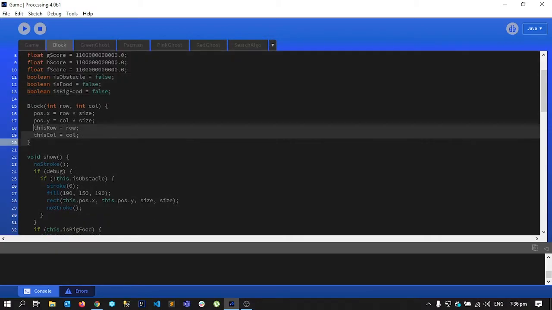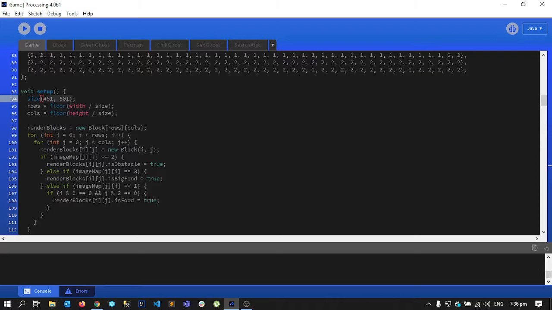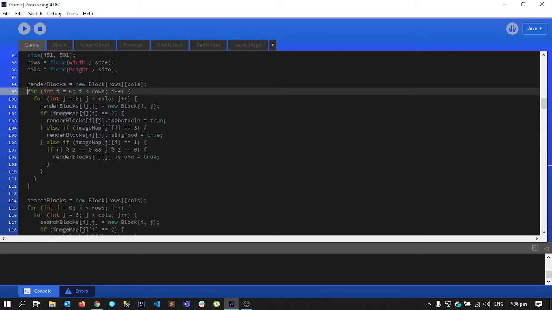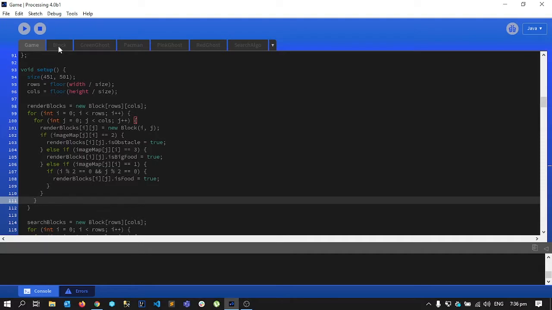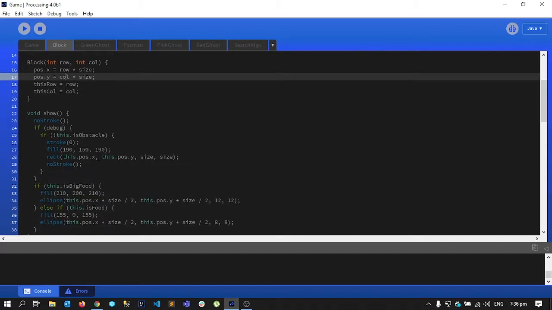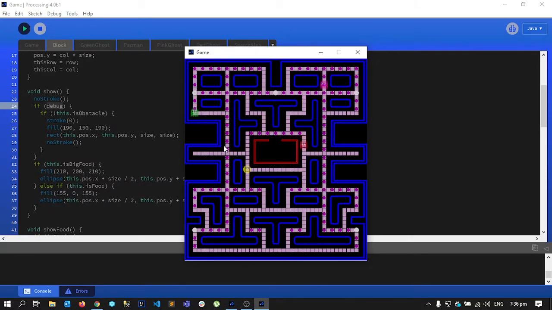And then there is this constructor whenever I call the block, and you can see that these blocks are first declared here in the setup function that is run once when we start the program. Then it has a show function. In this show function, if I'm in the debug mode, that I switch on by pressing D, I can see the blocks here.